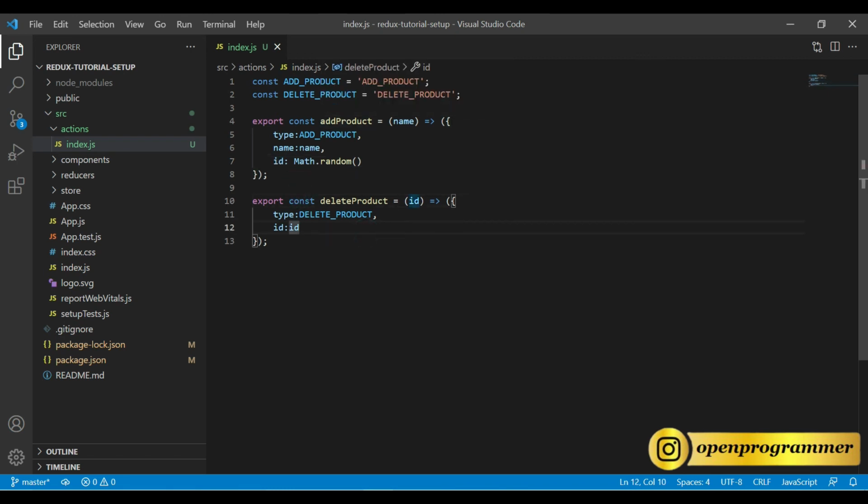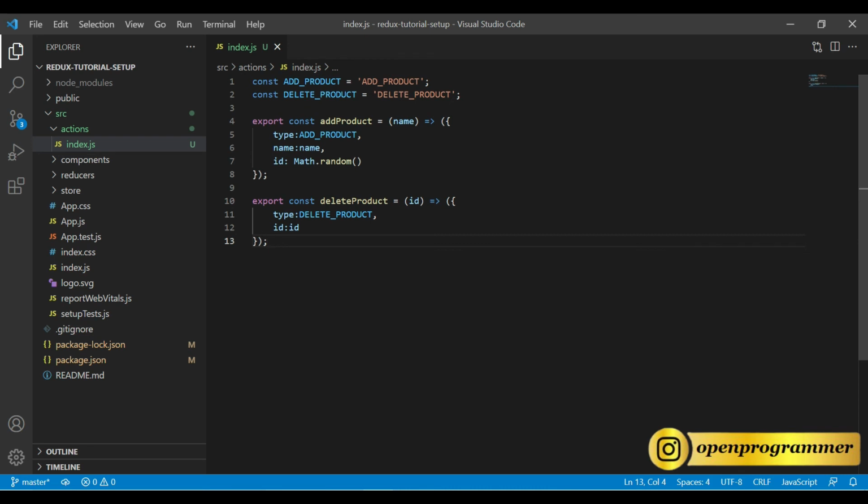Now comes delete product. Basically, to delete a product, we need an ID which should be unique. So we will pass this ID from the front end. In this particular method, we will use type as DELETE_PRODUCT, and the ID which we are passing from the front end. Based on this particular ID, we will go to our state and check if it exists, then we will delete it or we will leave it, and the rest we will provide as the other data or other state or other information. All right, so this is about how we can create actions in a Redux application.